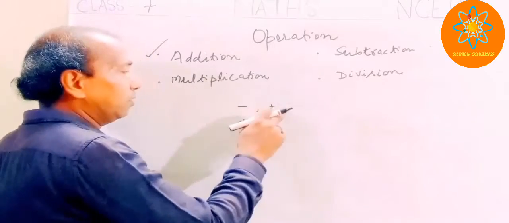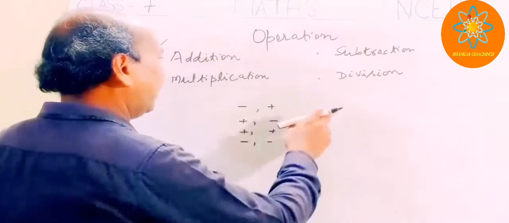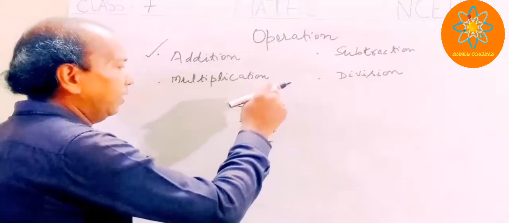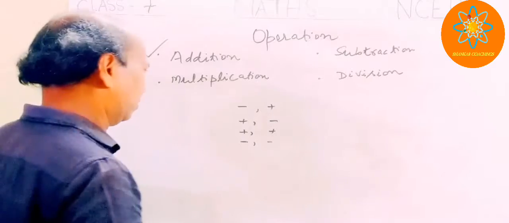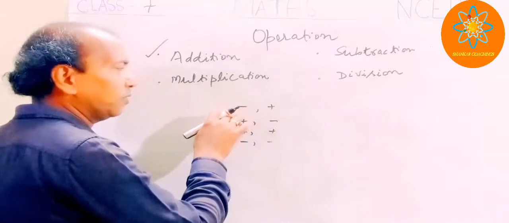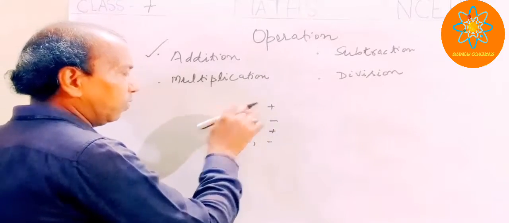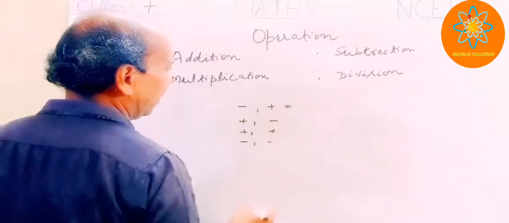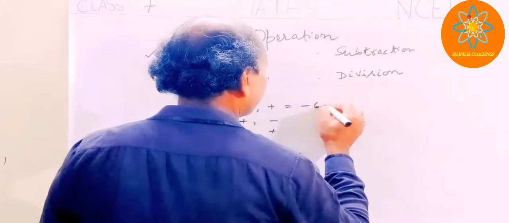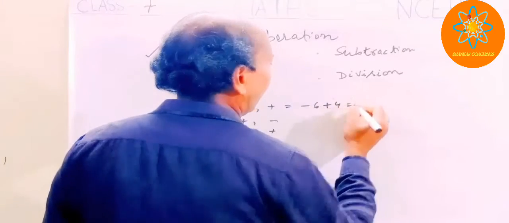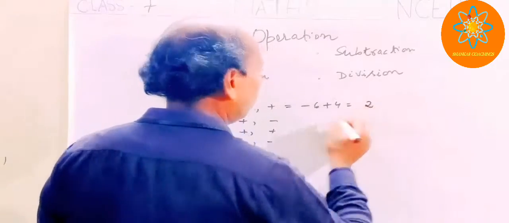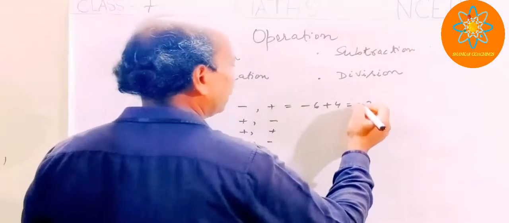While one number is negative and the other is positive, in that case, we take the difference and we put the sign of whichever is larger. If the positive is larger, then we give the sign positive. If the negative is larger, we make the sign negative. For example, let's take this case. Suppose I have the numbers minus 6 plus 4. I will take the difference. So I will get how much? 2. Which one is greater? Negative is greater, so obviously this is minus 2.